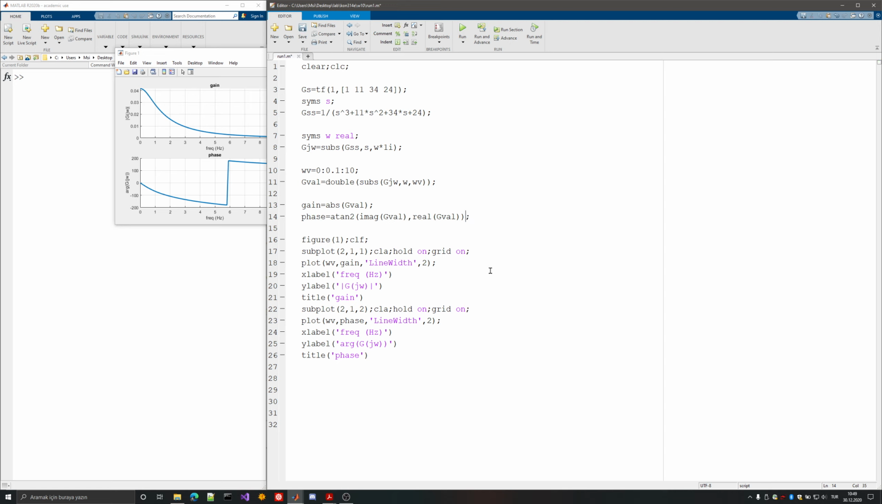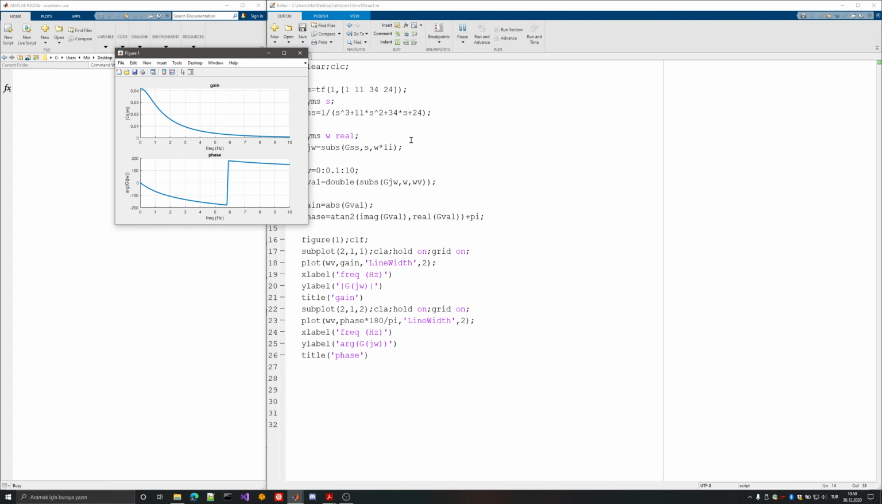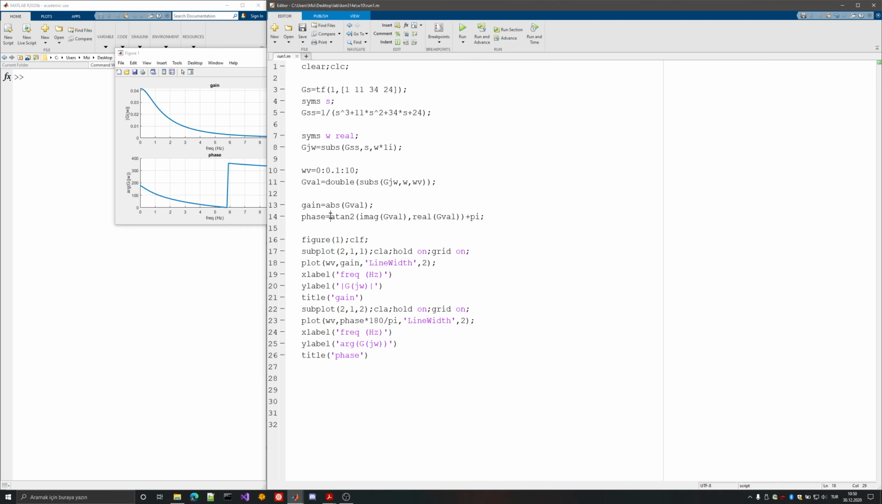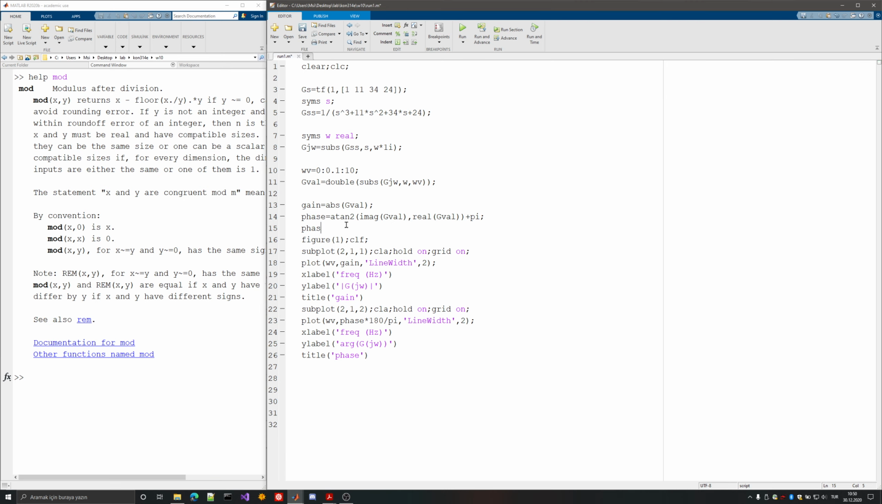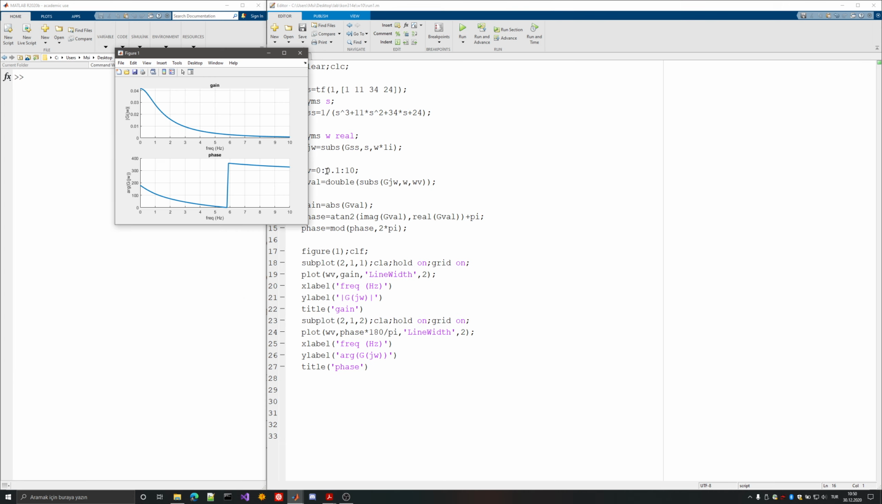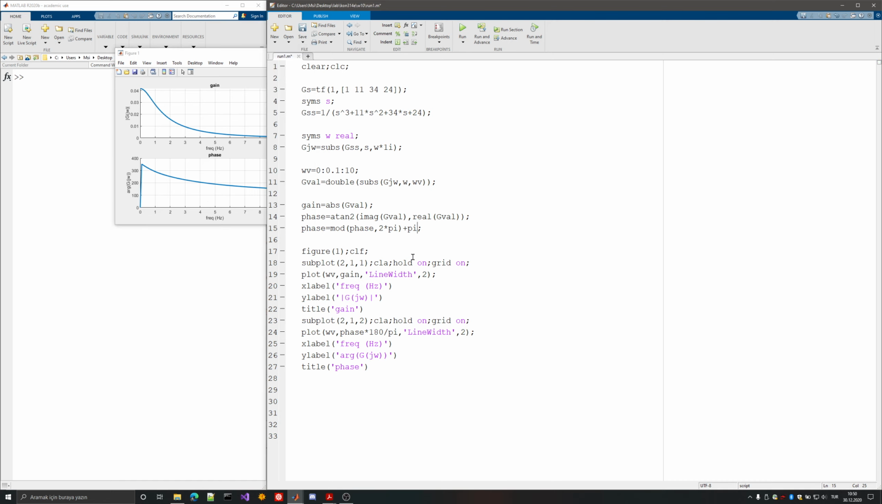Maybe I will take this here and put it there. Maybe adding pi will change it so that we have this here, and maybe the modulus, mod. Exactly. So maybe the modulus, let's write it like this. The modulus of phase and 2 times pi should most probably solve the issue. Or maybe without pi, I don't really remember. And then adding pi,